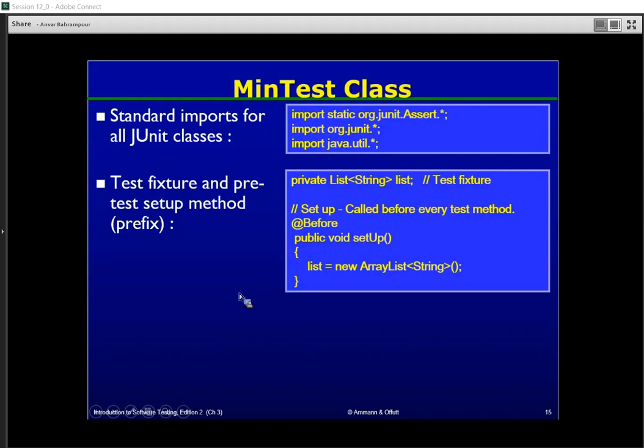We should include that class with standard imports of JUnit classes, and then we should prepare a fixture such as a prefix setup or postfix method. The fixture that is needed for this test class